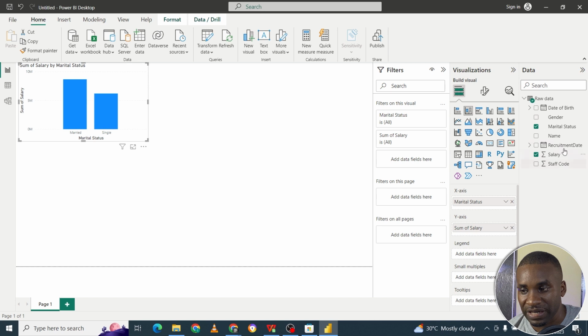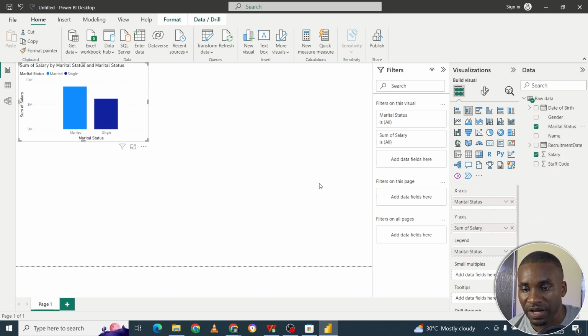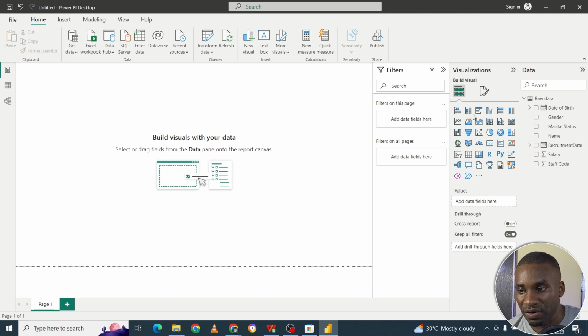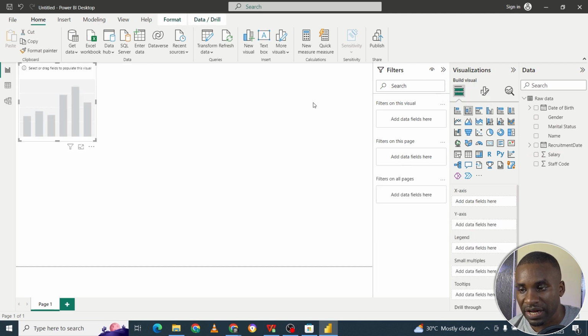Then maybe if you take your marital status and drop it as a legend here, it is now able to give you the different colors. So this one is the single, this one is the married. You can either click like this to get that report, or, if you didn't do that, let's say we delete this, another option is to say, I know I'm going to need a stacked chart. That is it there. Then you carry your data, say you take your marital status to here,